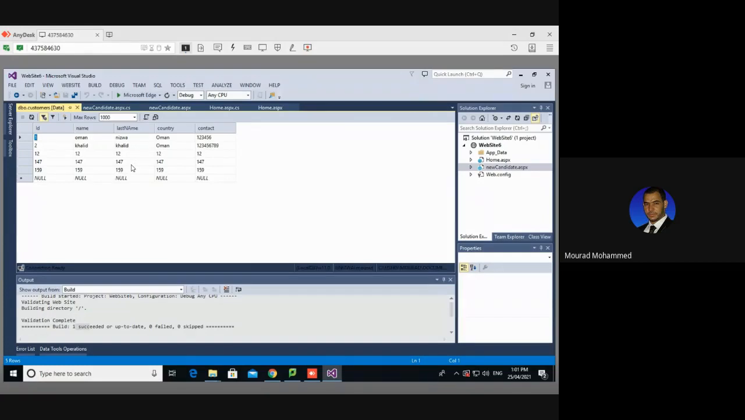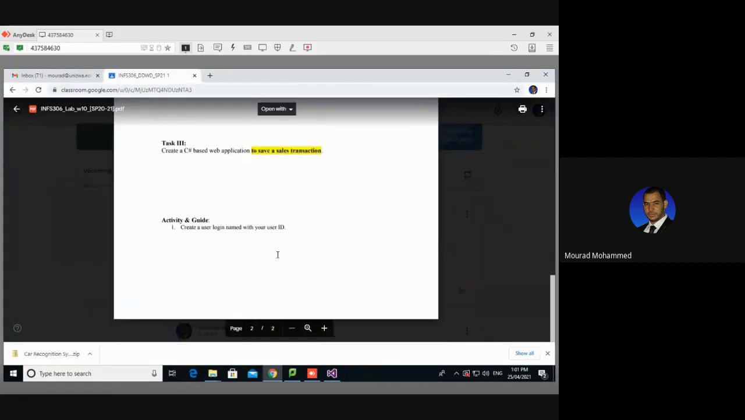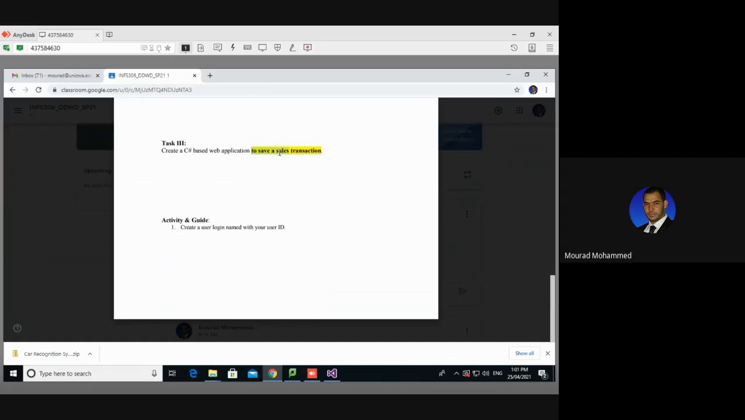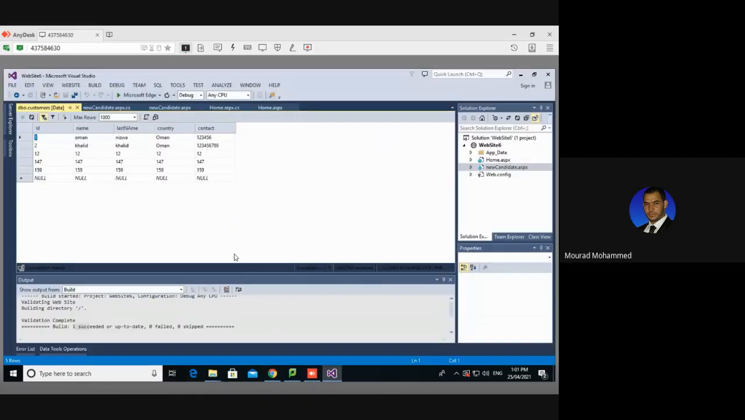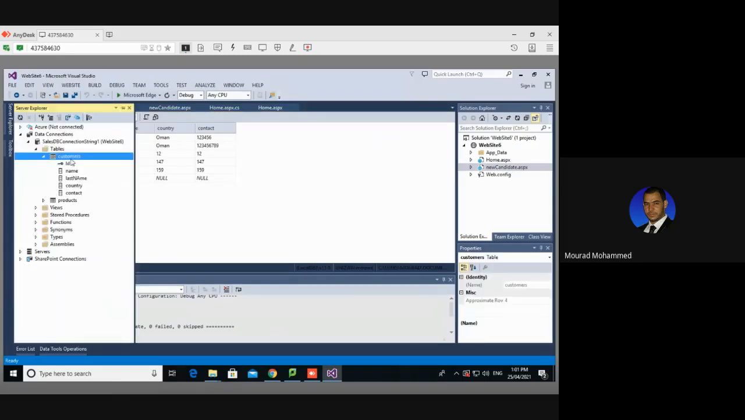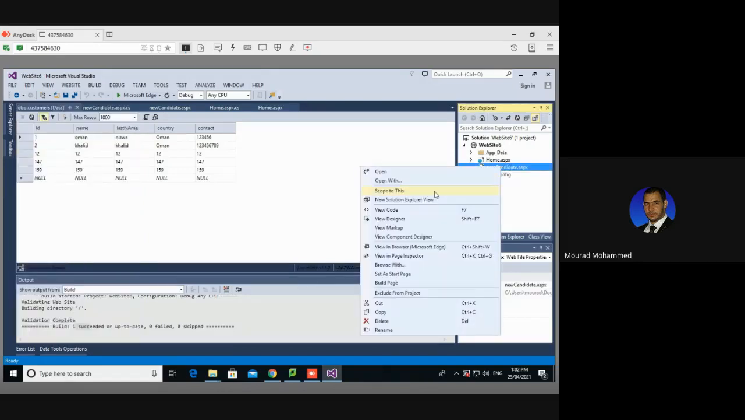So based on that, the third task is asking us to insert a transaction. A sales transaction is the same scenario, but here it's for your understanding only. Inserting a candidate means we need this table, this entity. A transaction sale means this entity, this table. So based on that, you will do all the tasks for this. You'll do a new page to insert the product,